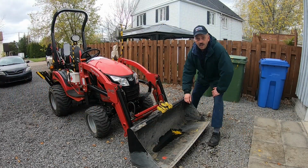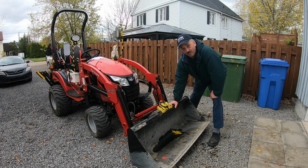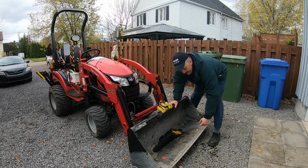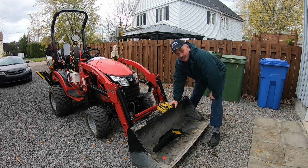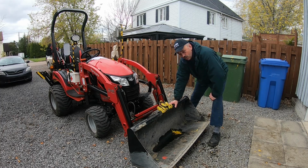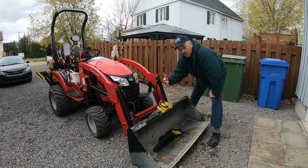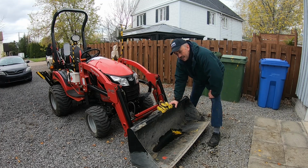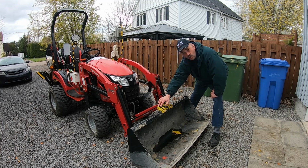Cheers. All right, so starting with the front part, I'm just gonna talk about that very strong bucket. The bucket is outstandingly well made. It's got a thick plate here, it's about that thick. I can show you the thickness, but I know it's still straight like an arrow. The structure and integrity of the bucket is still solid. You all saw the work I've done here and at Joe's place, and also on my former land in Shefford. Adding this hook right in the middle